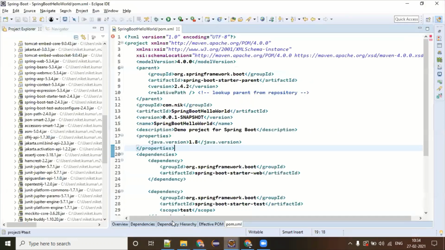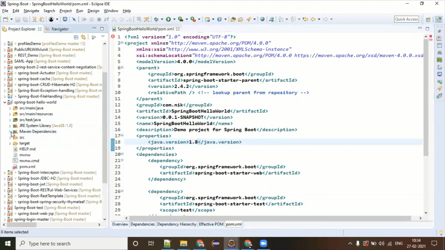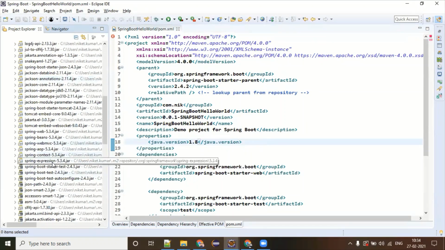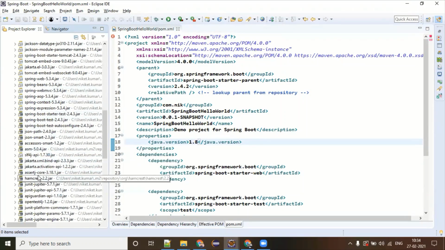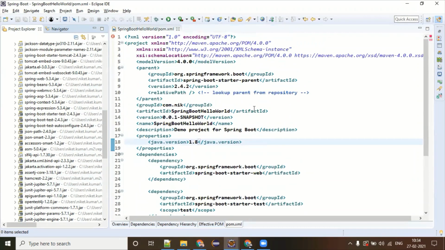Super. So this is the part where you have seen all the required dependencies have been downloaded as part of the Spring Boot starter parent. Now there is a problem, no? These dependencies sometimes can be a bottleneck for you. Think about the scenario. Maybe you are not using the Jackson related things, maybe you are not using Spring AOP, maybe you are not using JSON Smart or whatever additional libraries are there. So what is the problem here? In production, it could be a bottleneck for you, even though you are not looking for those libraries, they came.